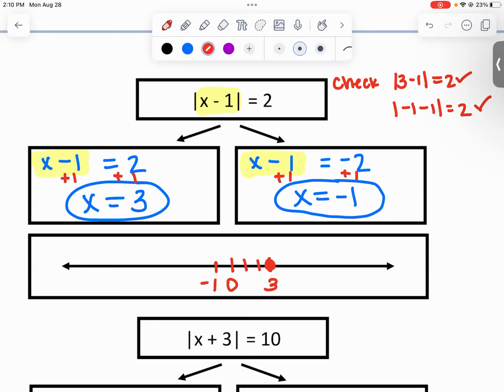Okay, I hear some confusing comments. Number 1, it would help a lot if everybody could just zip it while I'm trying to explain things. Number 2, if you have a question, please do not be afraid to ask. This second example is very similar to the first one on this page, so let's talk through this second one together.